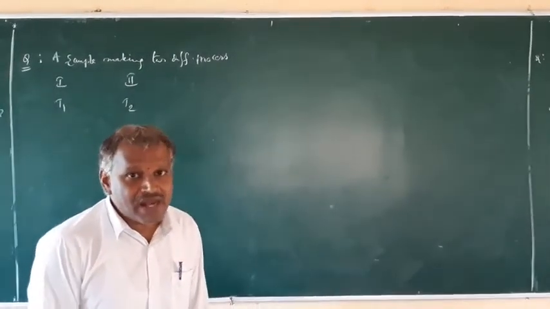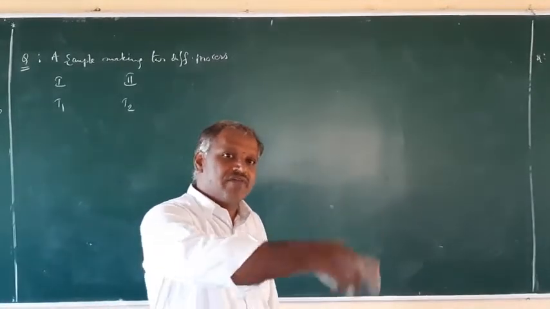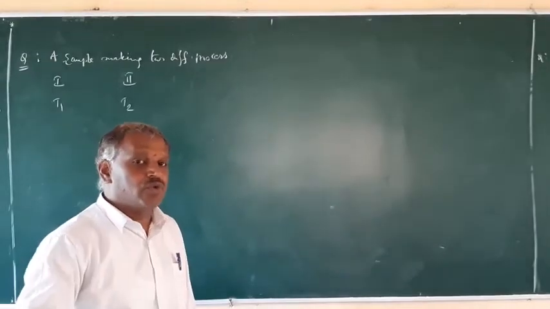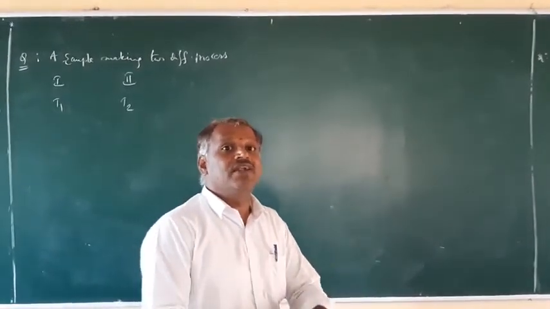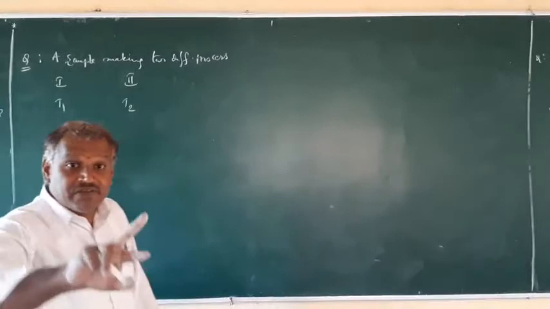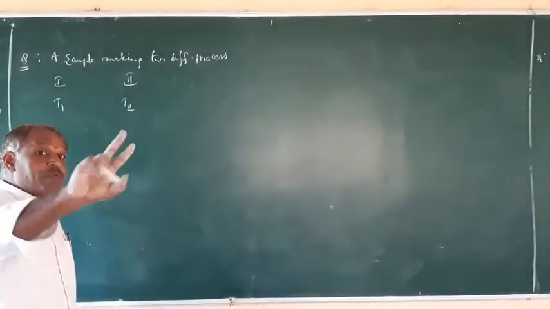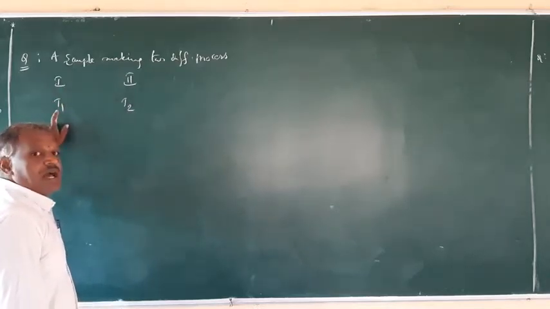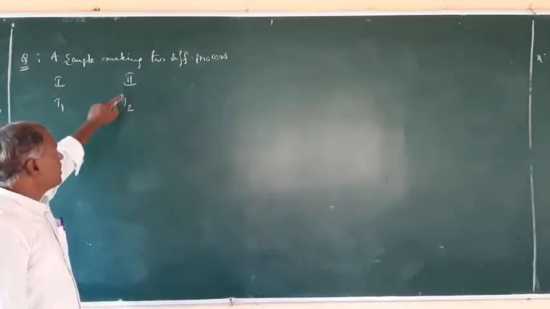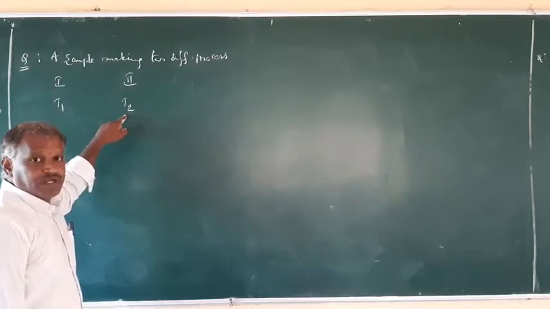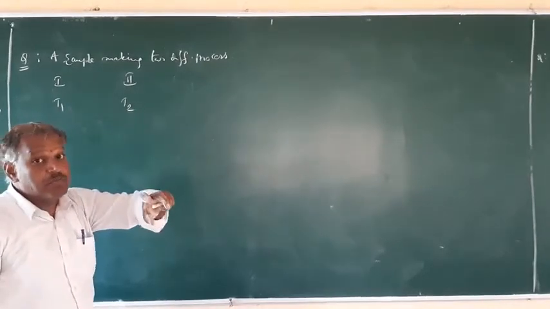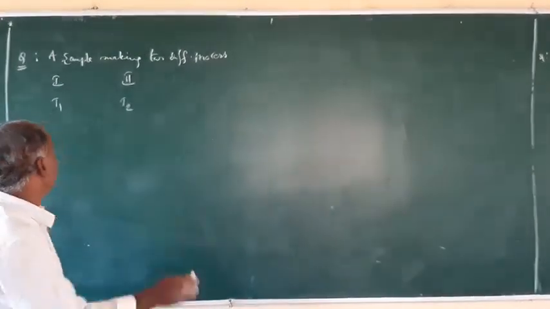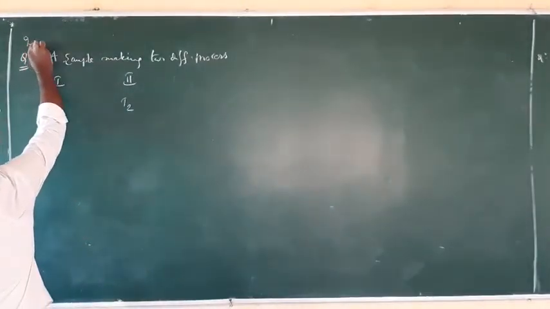Right? So during that parallel decay, one process has half-life period T1 and another process has half-life period T2. Then what is the effective or resultant half-life period of that sample, given the individual half-lives? So two processes are occurring for that radioactive sample. In the first process the half-life is T1, in the second process the half-life is T2. Individually it is given, but what is the effective half-life of the sample? That is the question. It is an important question.